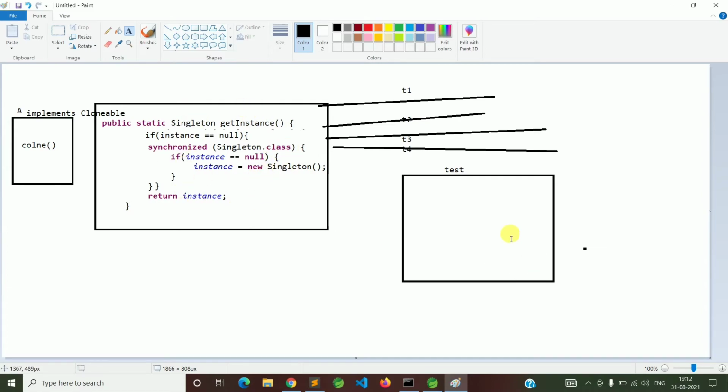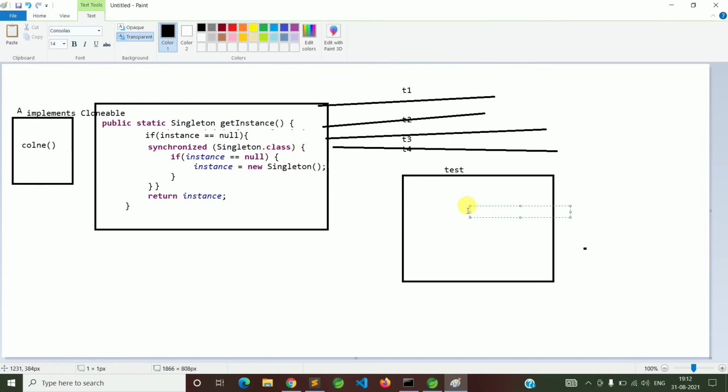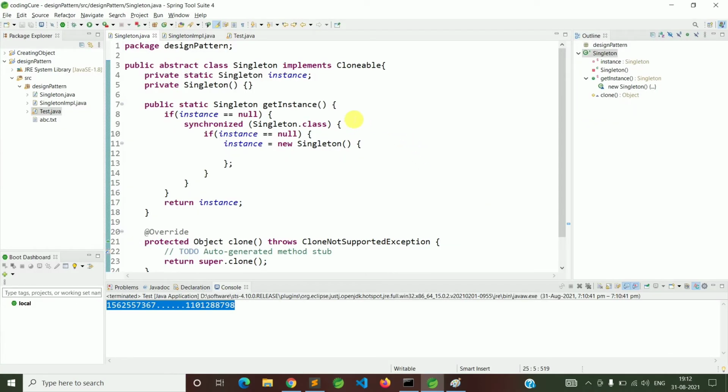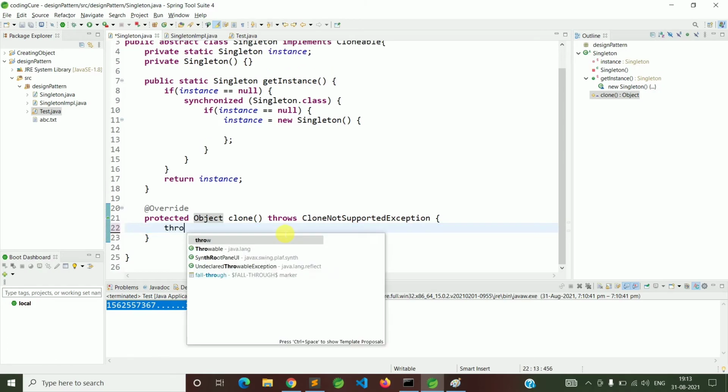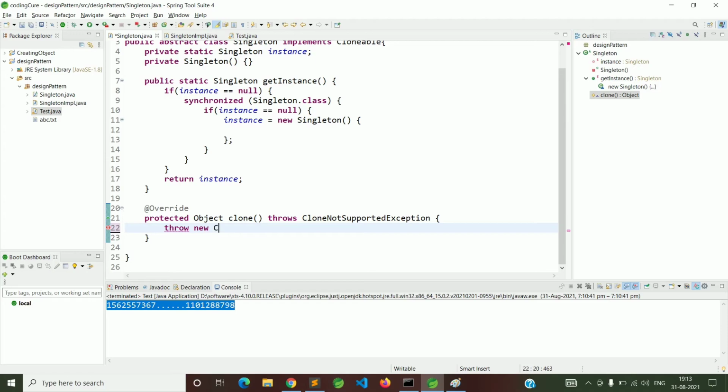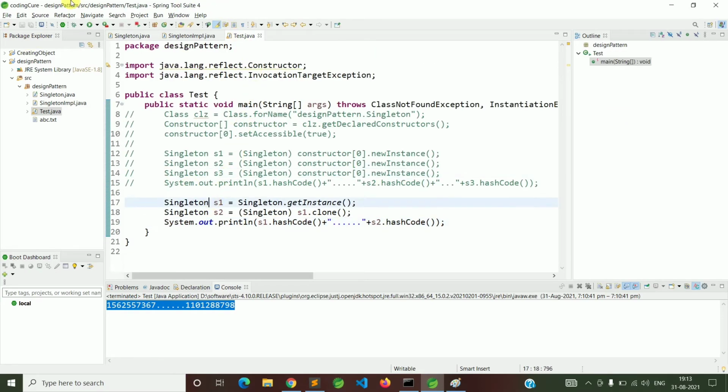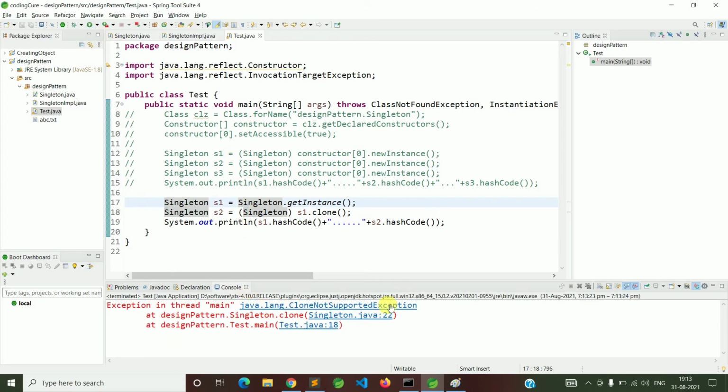So in that case we can create the object of a Singleton class. That's why we need to handle that also. We need to implement Cloneable, and in the override method we just throw new CloneNotSupportedException. So now if you try to create the object, this time it will throw the error CloneNotSupportedException, right? So in this way we can overcome these problems,